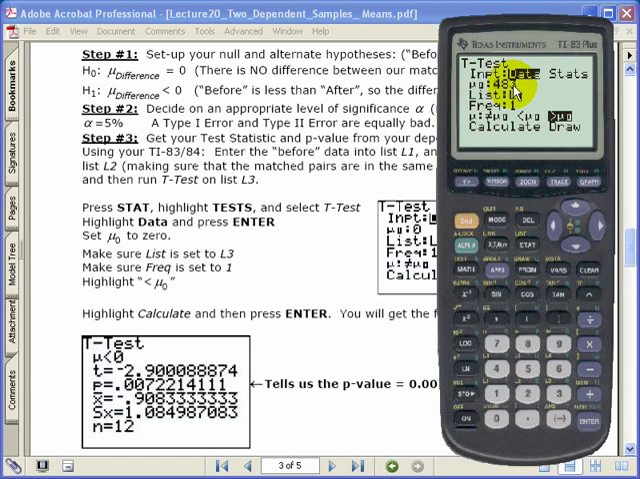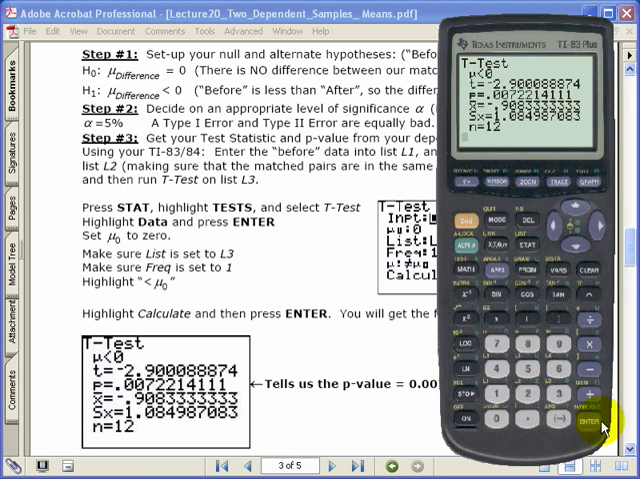And this is the hypothesized difference, 0. Now, our differences are in list 3, so I have to press the yellow second key and 3 to put L3 in there. Frequency is set to 1. Now go down here, we've got to tell it what our alternate hypothesis is, and that is that the difference is less than the hypothesized value of 0. So I've got to highlight this one here. I use my arrow key to highlight, press enter to select it, go down here and highlight Calculate, and hit